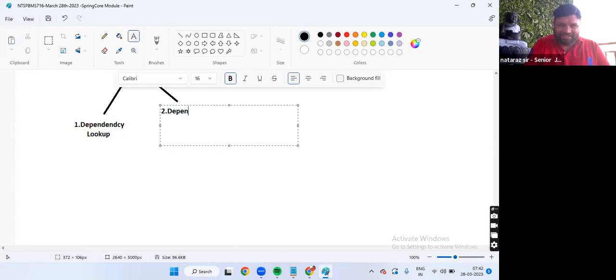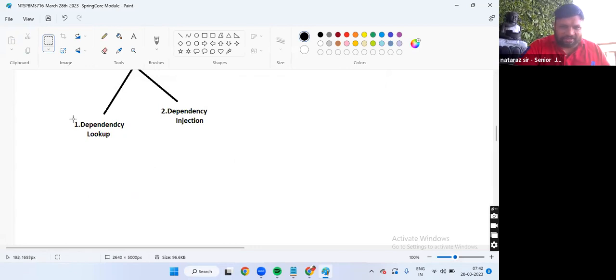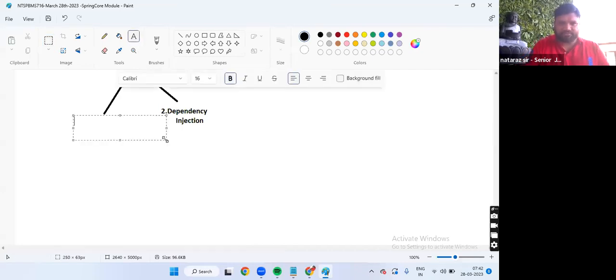That's the beauty. Dependency injection. Shall we start understanding what is dependency lookup, guys? Dependency lookup.